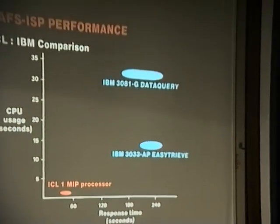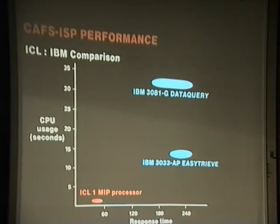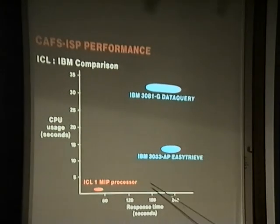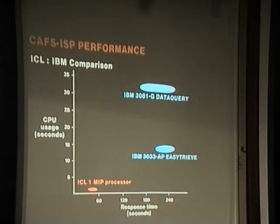Where we see a standard IBM software package running on a fairly large machine, and compare what goes on down there, what goes on up there. USA law. The one that I particularly like is a quite different field, because most of the CAFS applications have been